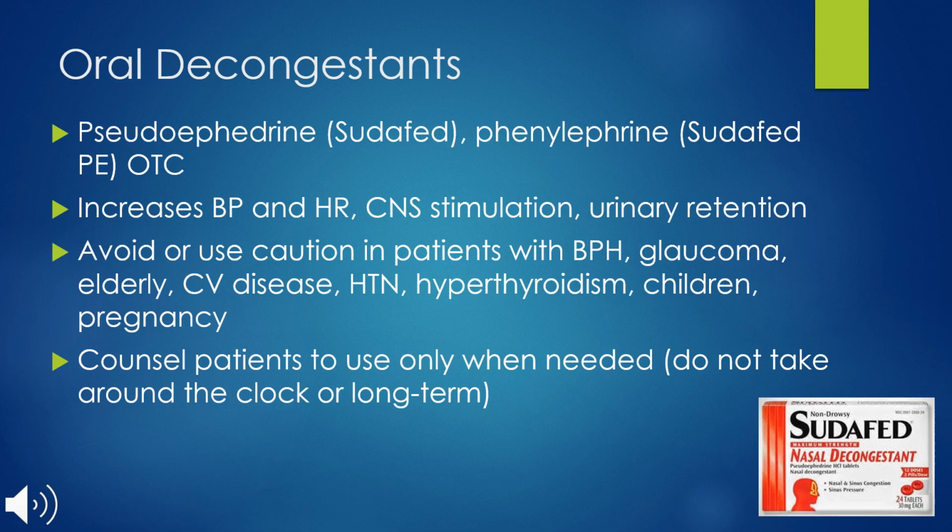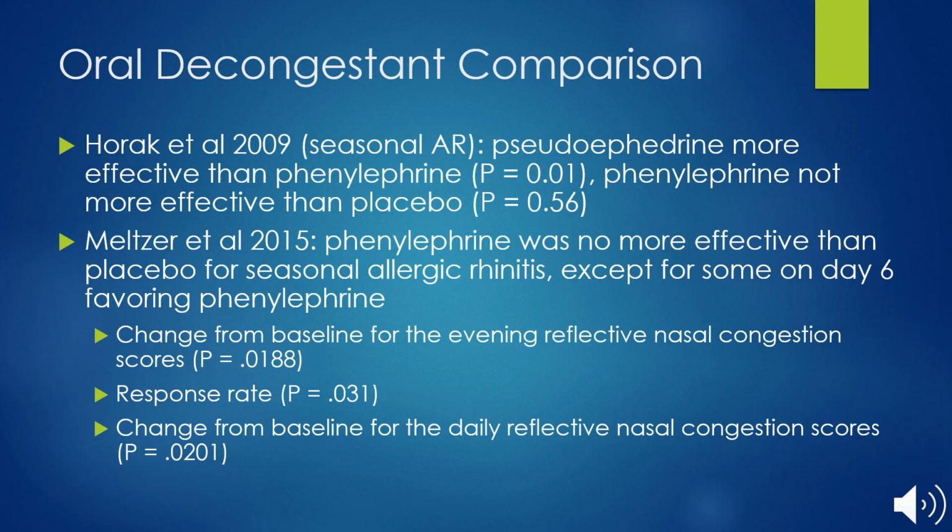So comparing these two agents, I think the key takeaway here is that, based on the studies that have been done on these agents, phenylephrine has been shown in two different studies to not be more effective than placebo, so I typically never recommend this product. If someone is having congestion, and if they're not contraindicated to any treatment, I usually recommend pseudoephedrine or Sudafed, which they'll have to purchase from behind the counter, because that seems to be the more effective agent